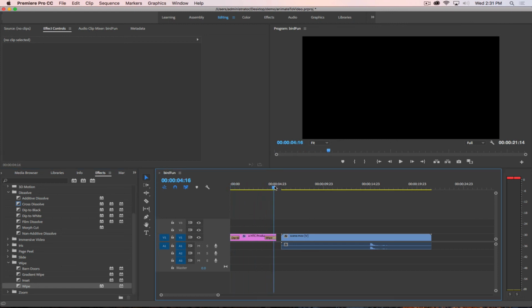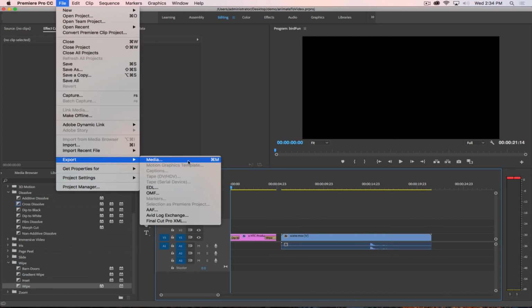So let's see, we fade in HTC production. Then I think I will grab a wipe, and I'll just put a wipe on at the end. So fade in, wipe out, and then bring in the animation. So when you're done playing with all of your transitions and wipes and text inside of Premiere, then the next step is to export the project out, which is going to be a repetition of what we did in Media Encoder previously. To round out our journey of getting our content out of Animate into Premiere, now out of Premiere,